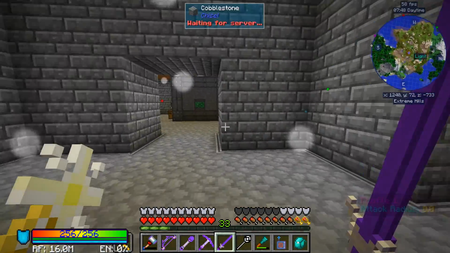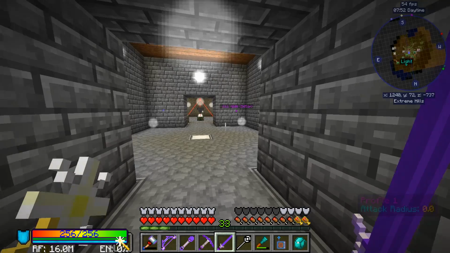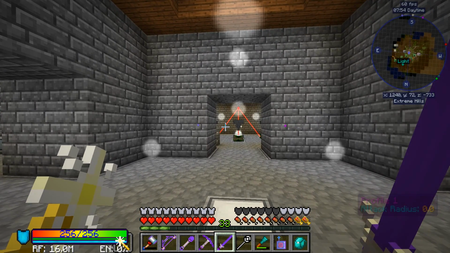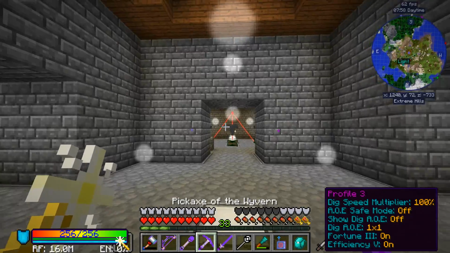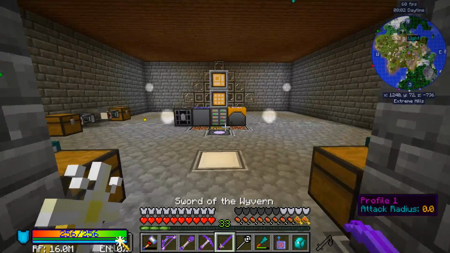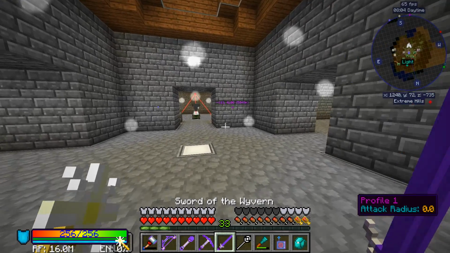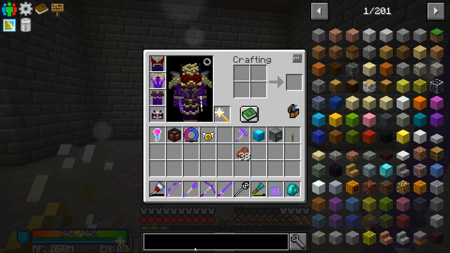Alright guys, so I have something kind of special for you. We're going to be working with Draconic Evolution this episode, so we're going to be upgrading some of our gear. Hopefully we can upgrade things like my pick and such. First we've got to upgrade our actual tools and stuff. So, if we take a look at Draconic Evolution,